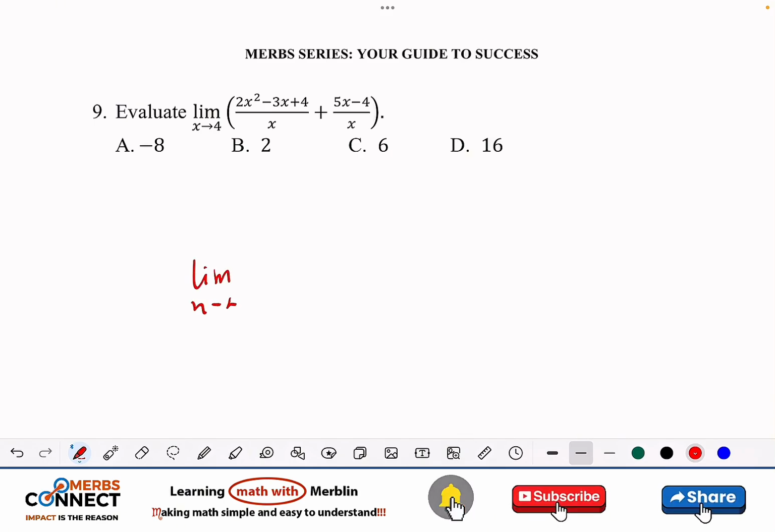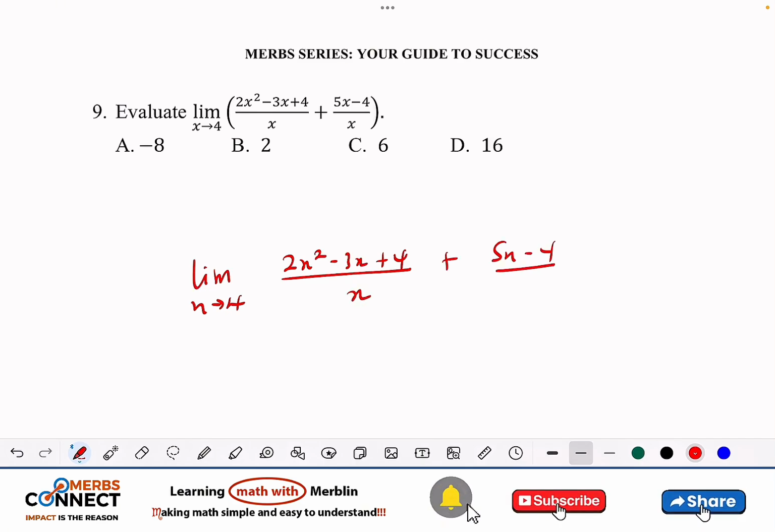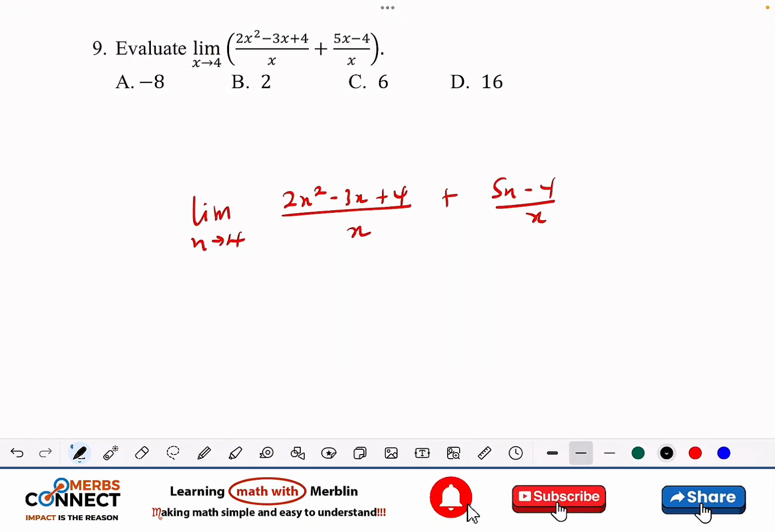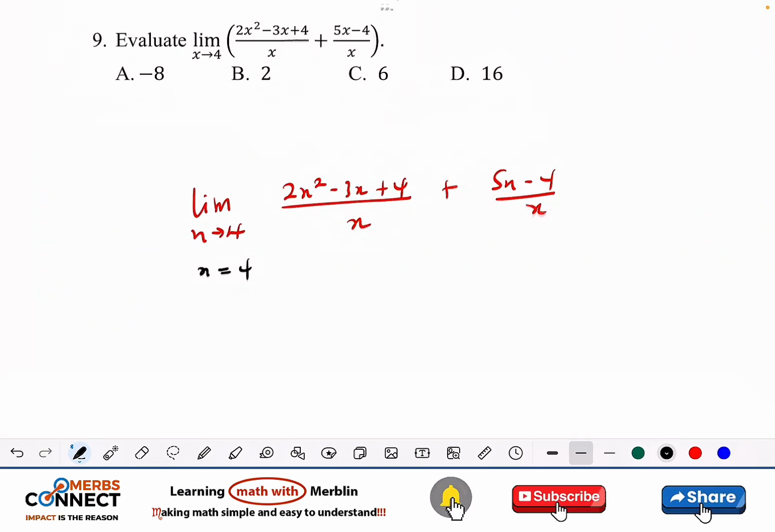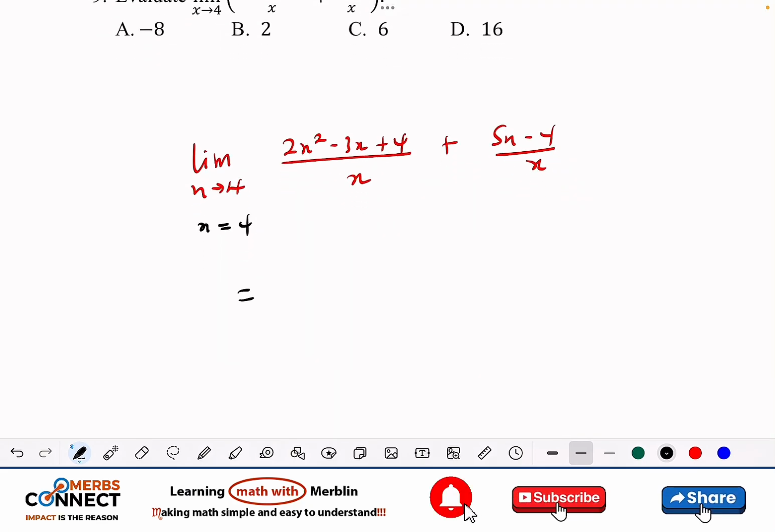Limit x is approaching 4, 2x squared minus 3x plus 4 divided by x, plus 5x minus 4 divided by x. I'm worried about the denominator. The denominator is x. When I plug in 4 here, I'm not getting 0. So I'm not even concerned with doing simplification. I'll just set x to be equal to 4 and put them in. So I'm going to have this one to be equal to